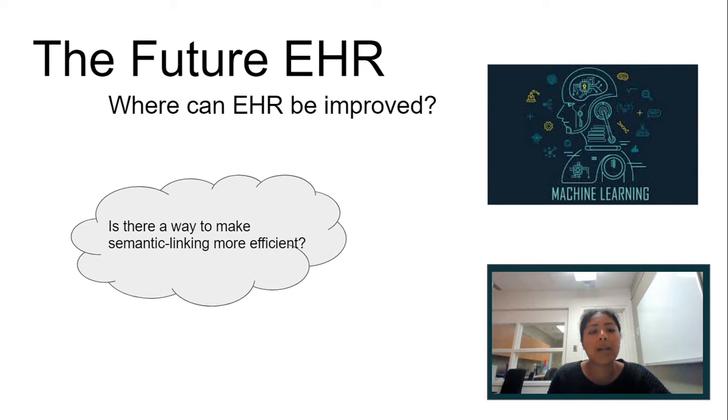One issue that can arise with semantic linking is the issue of linking past data to future data and present data, because as time progresses, jargon changes. In order to increase the efficiency of implementing machine learning for semantic linking is to produce platforms for healthcare providers that implement industry-standardized jargon, so that as soon as new data is implemented, the terminology is instantaneously linked. By doing this, machine learning scientists can focus on making code robust for a finite amount of time rather than